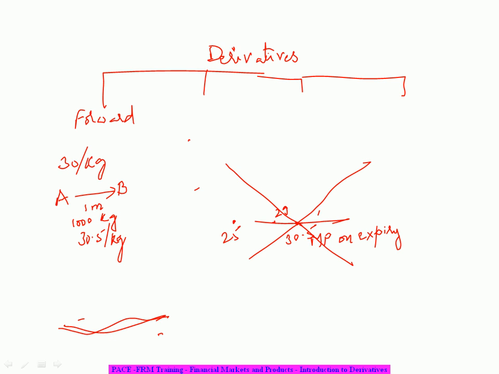This kind of graph is what we call payoff profiles. When is the buyer profitable and when is the seller profitable? The payoff profiles of both the